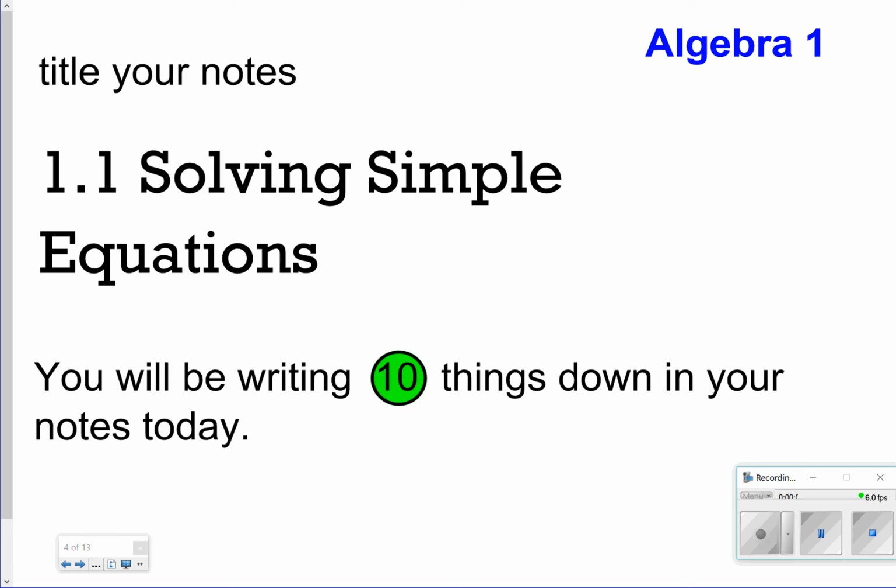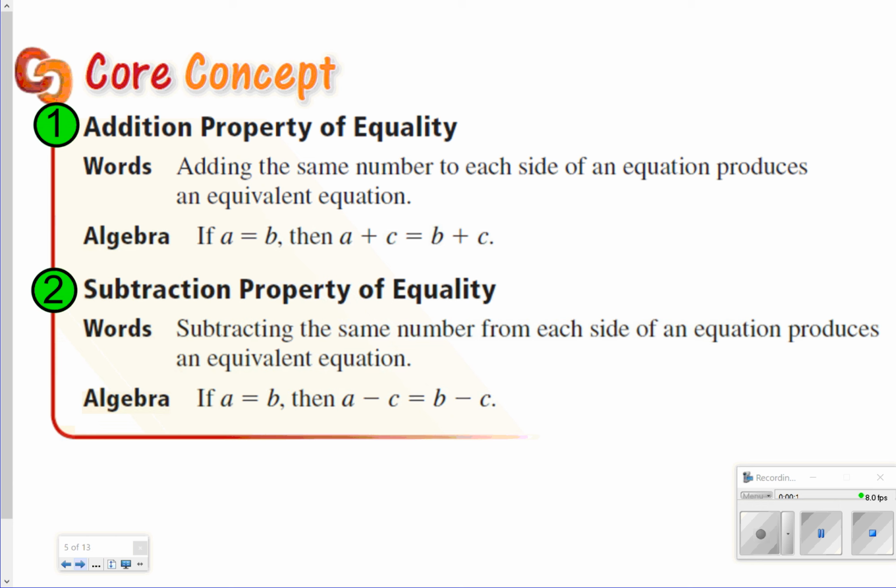Today's lesson is going to be Chapter 1, Lesson 1, Solving Simple Equations. We are going to be looking for 10 things to write down in your notes today, so let's go ahead and get started. The first thing we want to write down are the addition property of equality and the subtraction